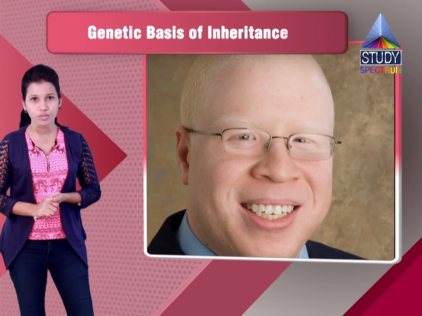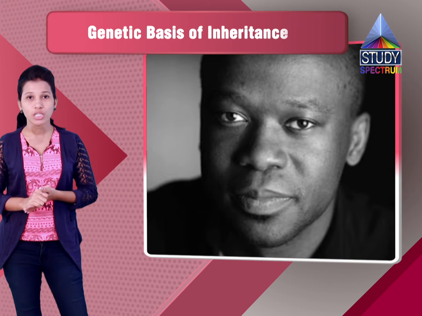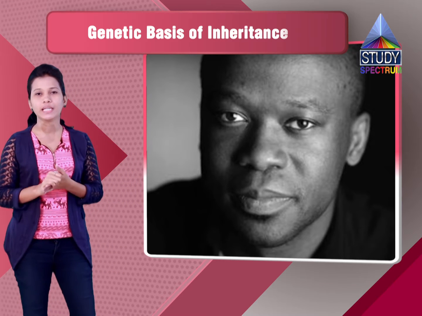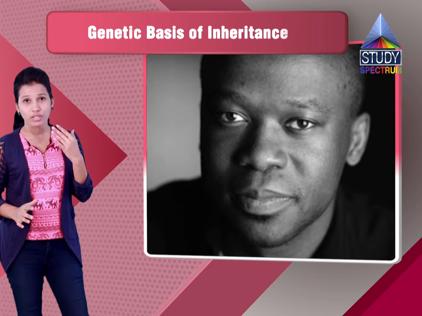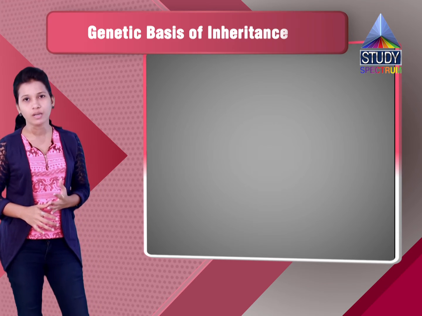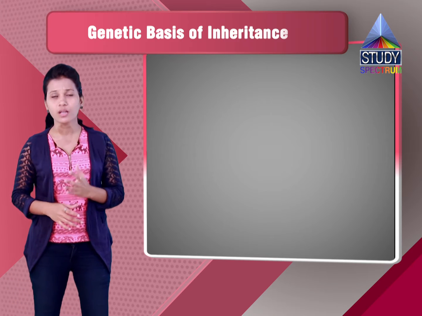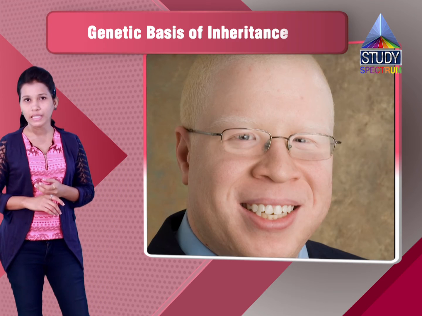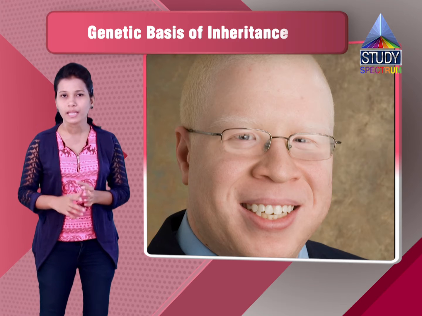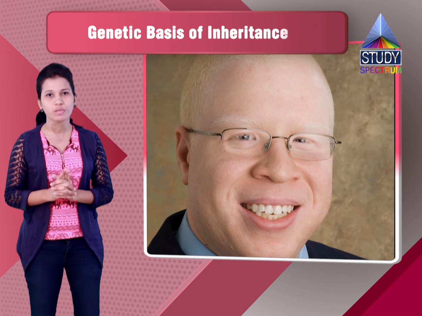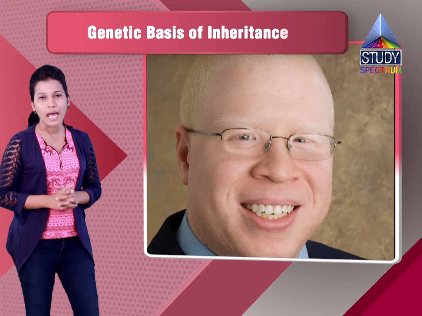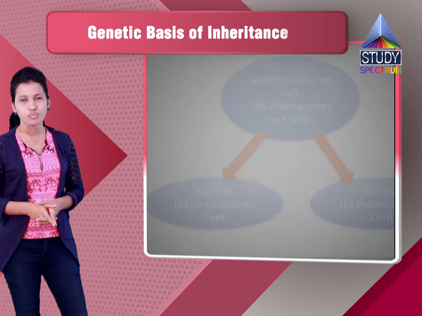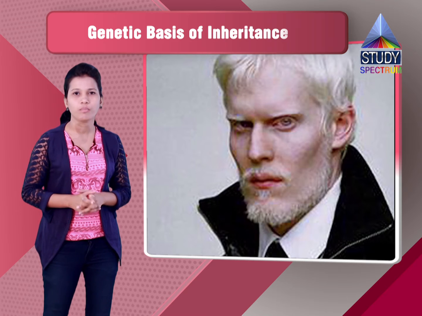If we see a cross between a black person and an albino person, the genes for the black person will be represented by the genotype capital A, capital A, capital B, capital B, capital C, capital C. So three different genes are involved for the same thing, that is the color of the person. The same character is represented by three different genotypes. And then the albino person who is completely white, the genes will be recessive for them, represented as small a, small b, and small c. The gametes produced by the black person will be capital A, capital B, capital C, and the gametes produced by the albino person will be small a, small b, and small c.